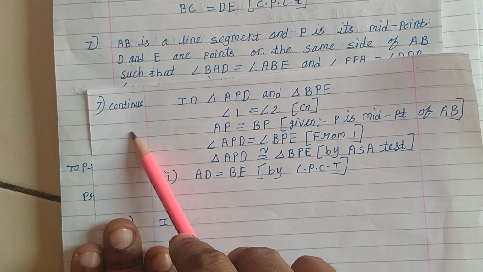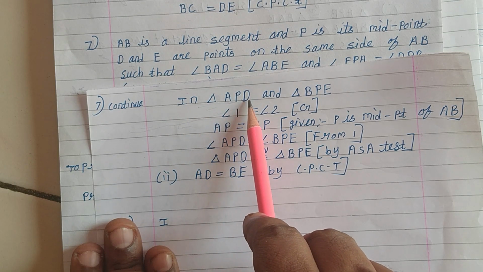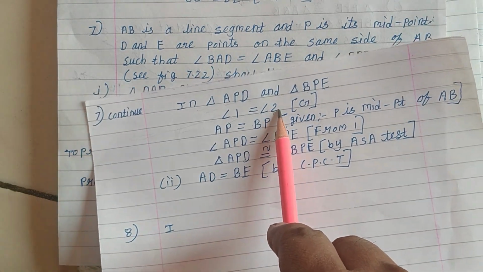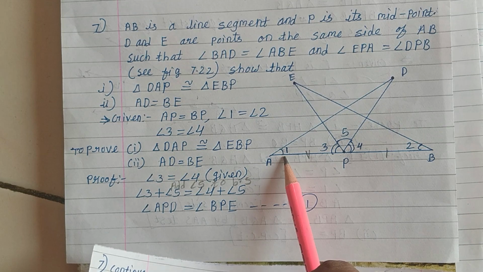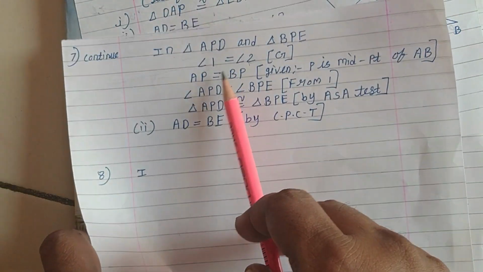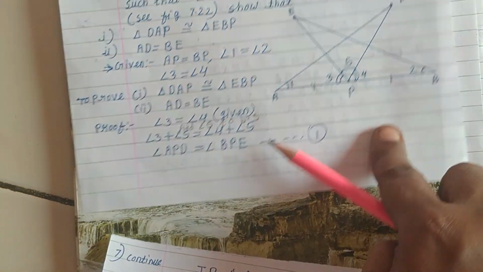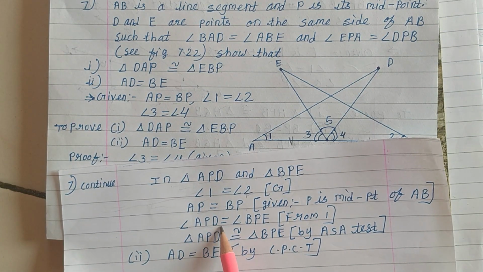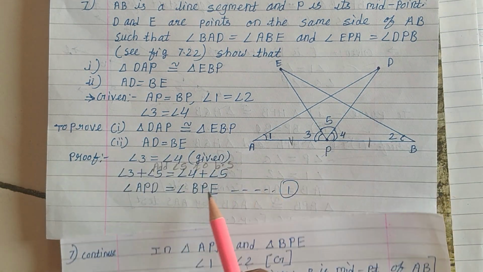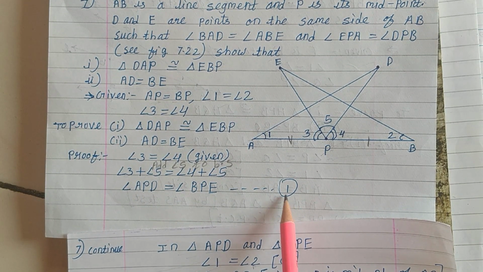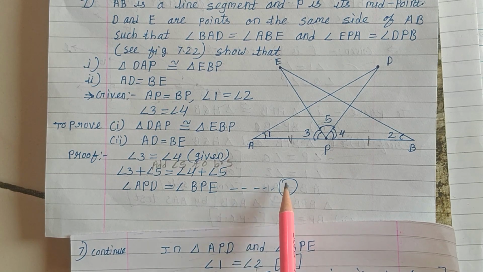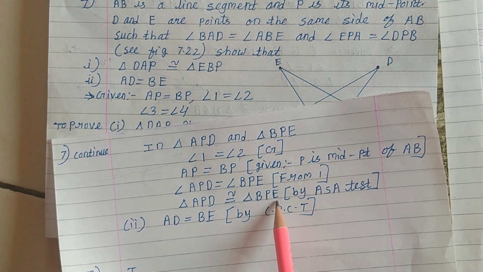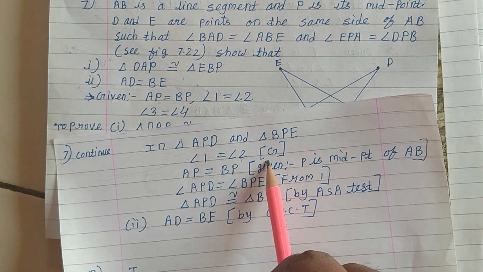Now in the next page, that is question 7 only, we have to show triangle APD and triangle BPE as congruent. So already it is given angle 1 is equal to angle 2. So here you can see angle 1 is equal to angle 2. Okay. Second part is AP equal to BP. So you can see here P is a midpoint, so AP equal to BP. Third one, angle APD is equal to angle BPE from this. We are given equation 1 which we solved initially. So from 1, triangle APD is congruent to triangle BPE by angle, side, angle, so by